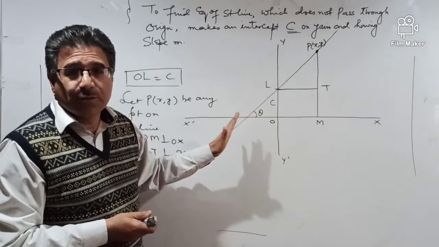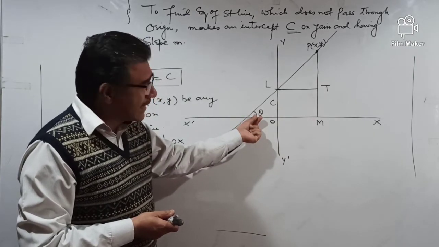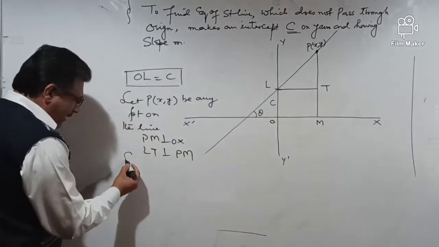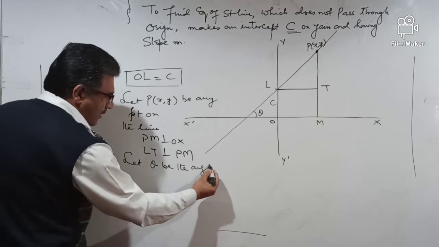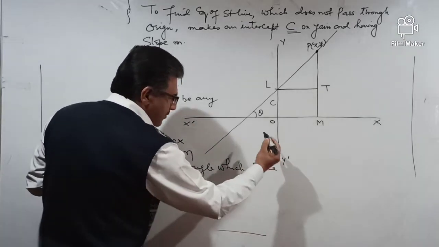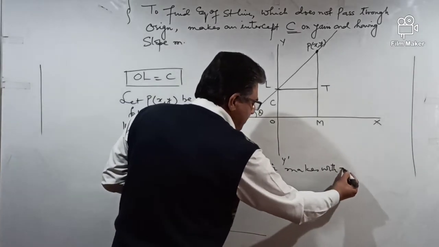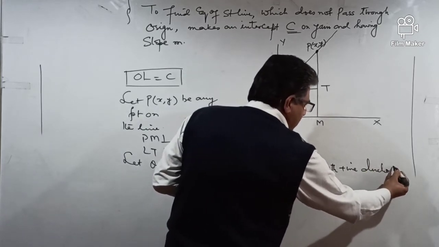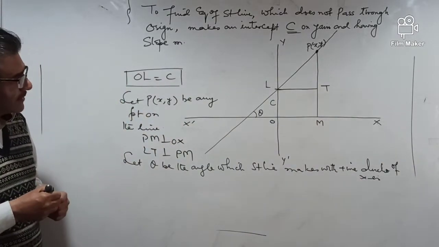That is the concept of slope. Slope निकालने के लिए मुझे पॉजिटिव डायरेक्शन ऑफ एक्स एक्सिस का एंगल पता होना चाहिए. मैंने assume किया let that angle be theta. So let theta be the angle which the straight line makes with the positive direction of x-axis. Positive direction of x-axis.